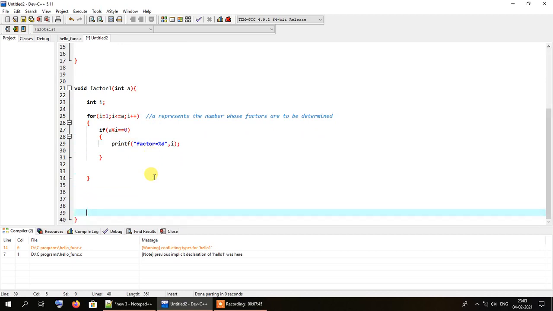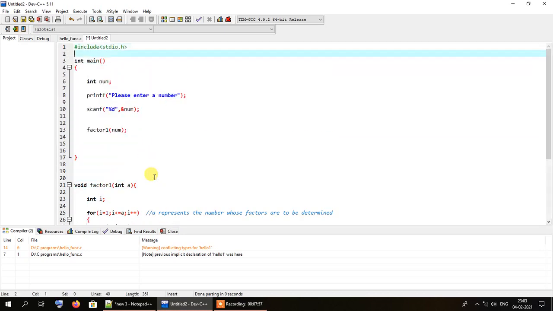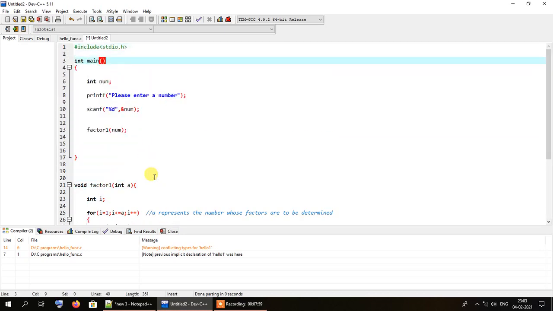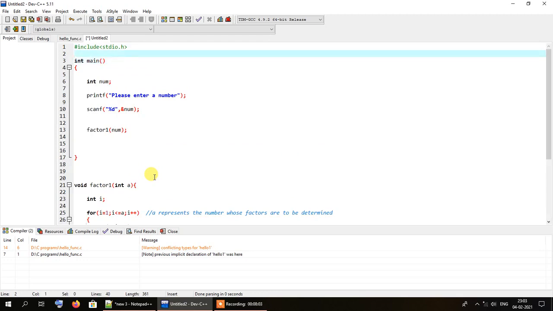So here we are done. This is the entire logic for finding all the factors of any number, and this function will be called from the main method. Remember what I told you in my previous program on printing hello world.